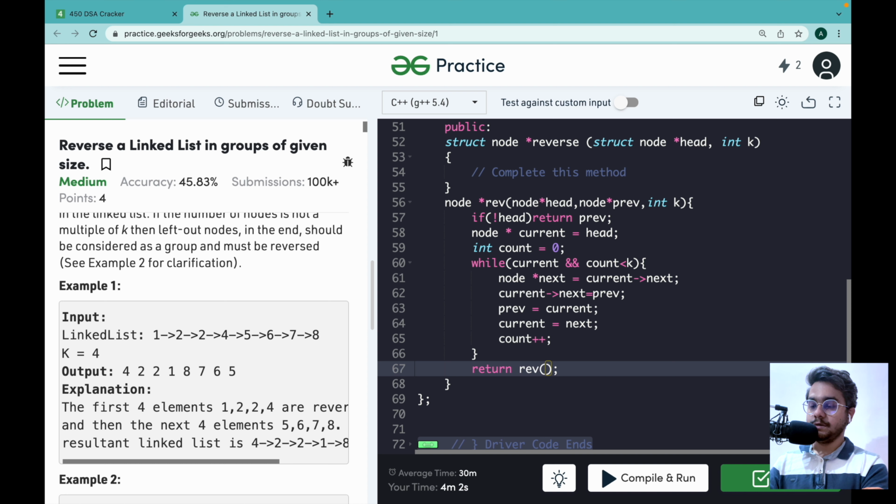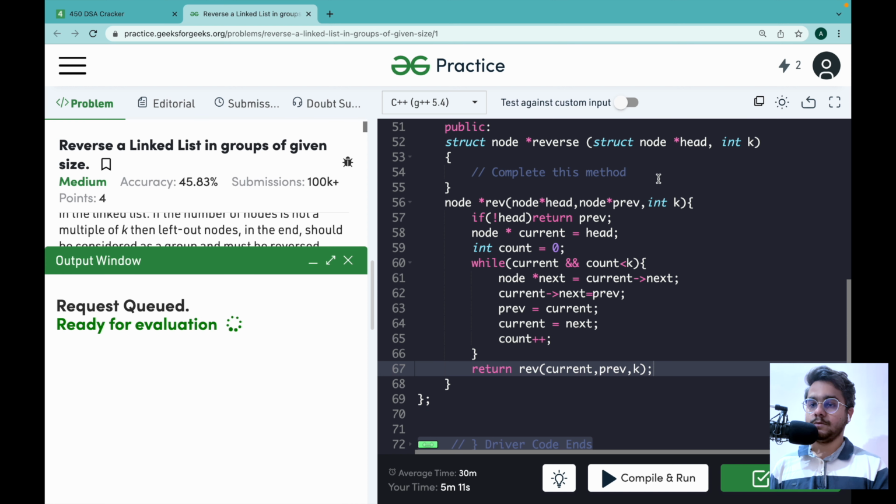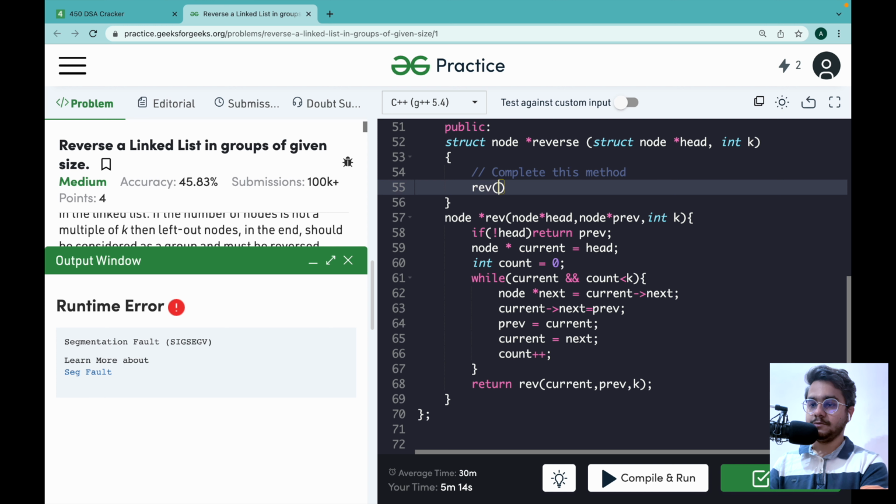Now in this case, what is happening is our current pointer will be, when we are iterating from here to here, first this jump, then this jump, then this jump. When the current has come here, it will break out. So we will pass current, because now current is simply the new head. We are going to actually pass our previous, and in the end, we have to call our reverse function with the head pointer, null pointer and k. That will be the return value.